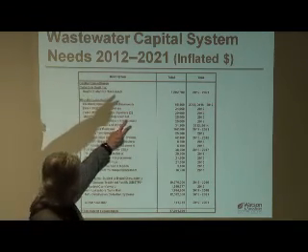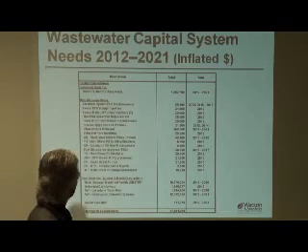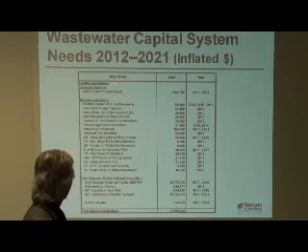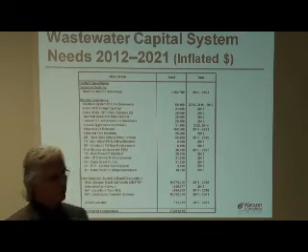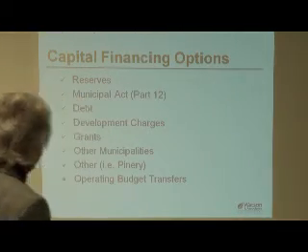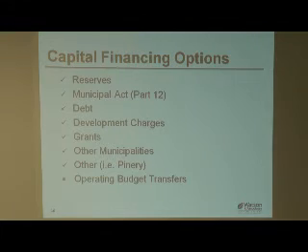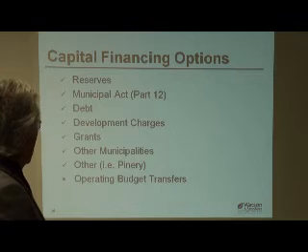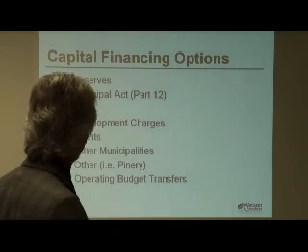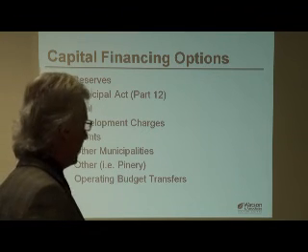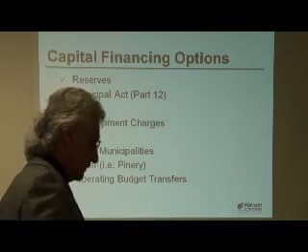You see that we're doing main replacements as we're doing road projects. There are replacements going on through the various systems here. Blowers and parts of the treatment facilities have to be updated from time to time. No magic, you're limited in your revenues. You either put money away in reserves, or we impose charges onto properties, through the Municipal Act, capital charges or development charges for new. And if we don't have that, then it goes to debt, and that debt's ultimately paid